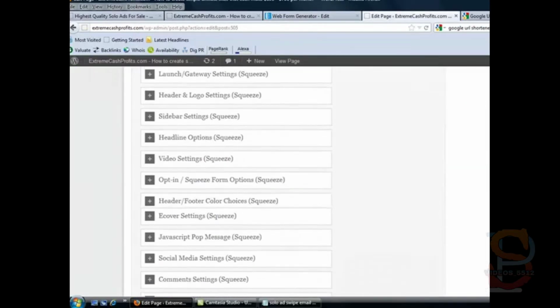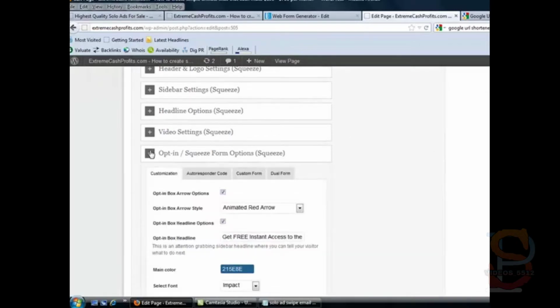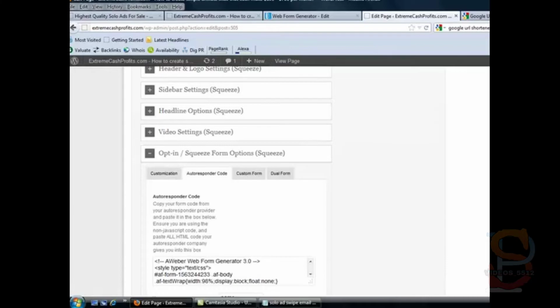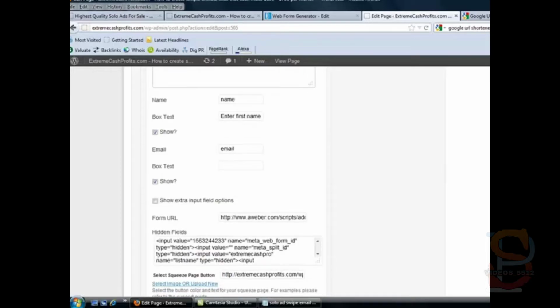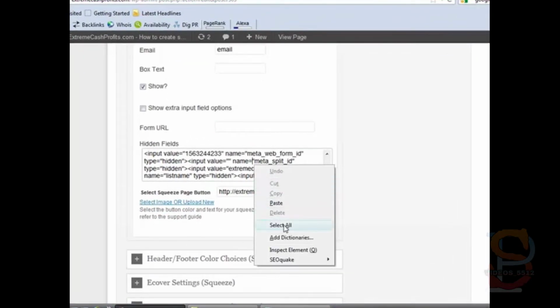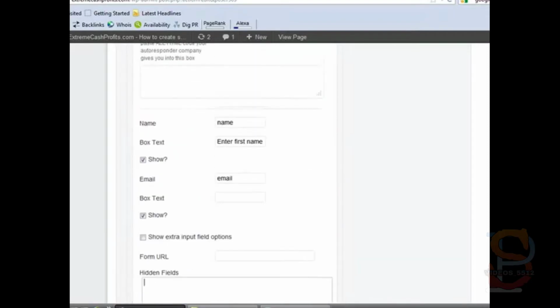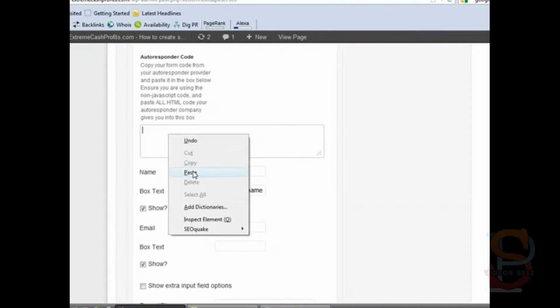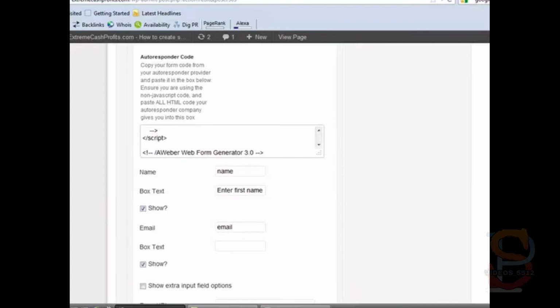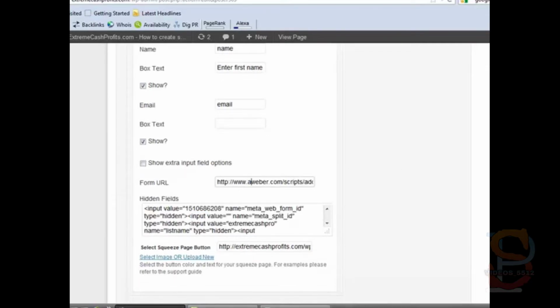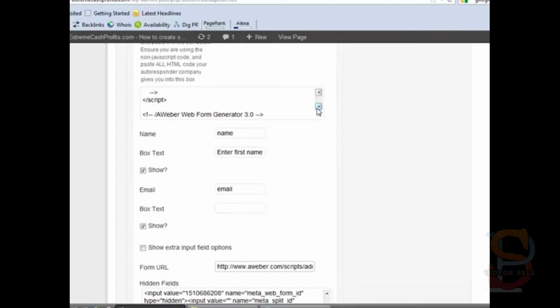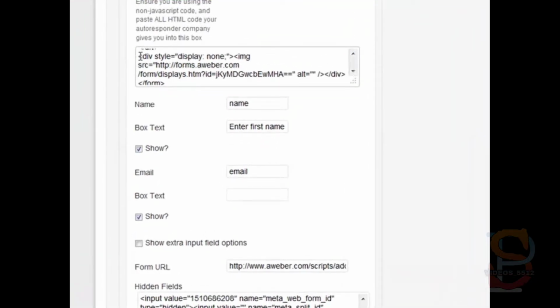What we do is scroll down, go down to opt-in, squeeze page options, autoresponder, and we go here, we delete this, go down, delete this, and what you need to do is add some extra code in here, because when you get the code from Aweber and put it in Optimized Press it automatically takes part of the code out. So what you need to do is go up. It's very simple to do. Scroll up until you get to this bit just here, look,